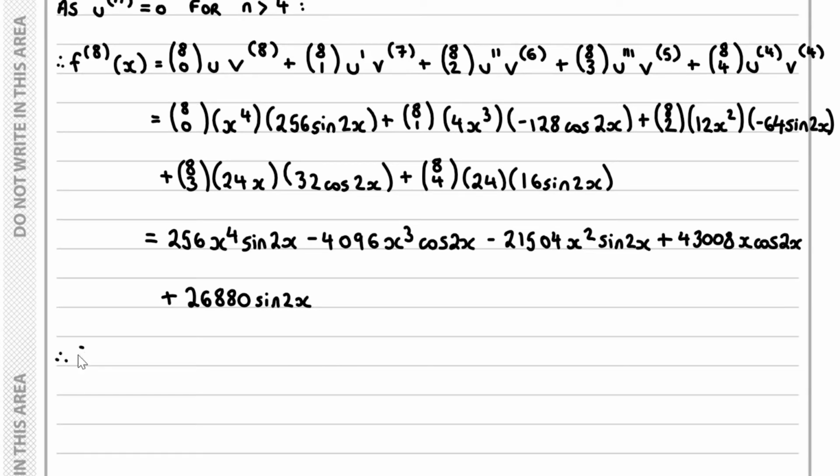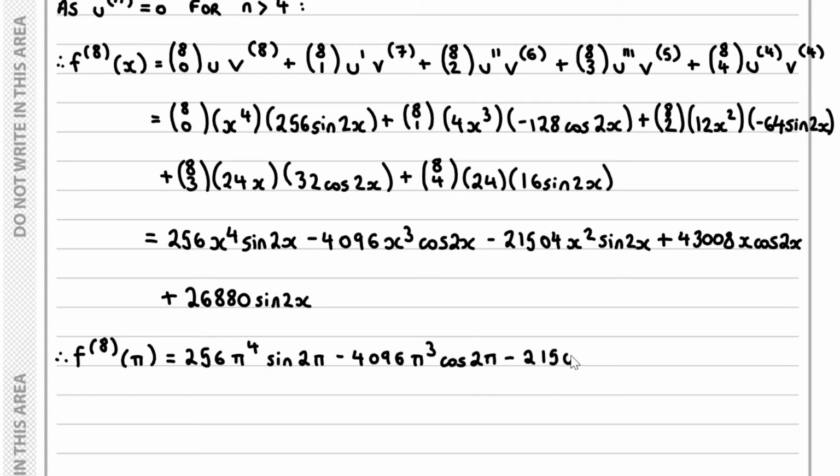So therefore, the 8th derivative at x equals pi, we have 256 times by pi to the 4 times by the sine of 2 pi, and then we've got minus 4096 times by pi cubed times by the cosine of 2 pi, and then we've got minus 21504 pi squared times by the sine of 2 pi,